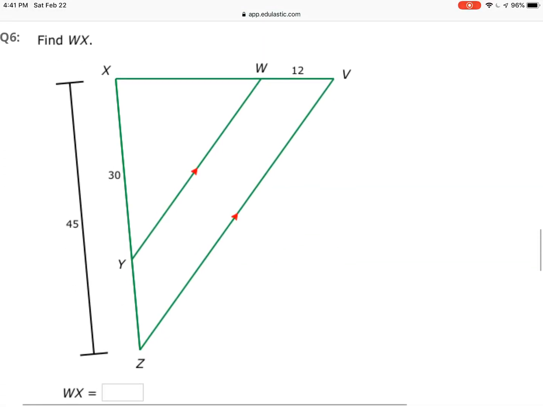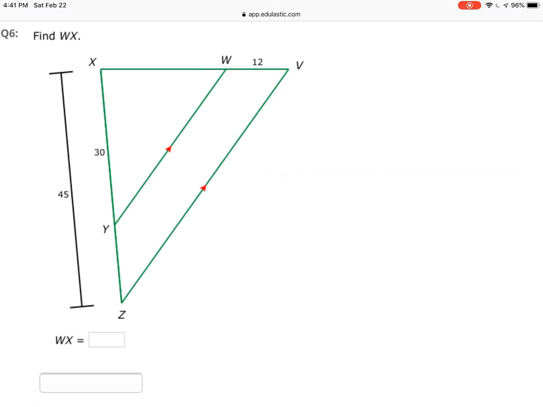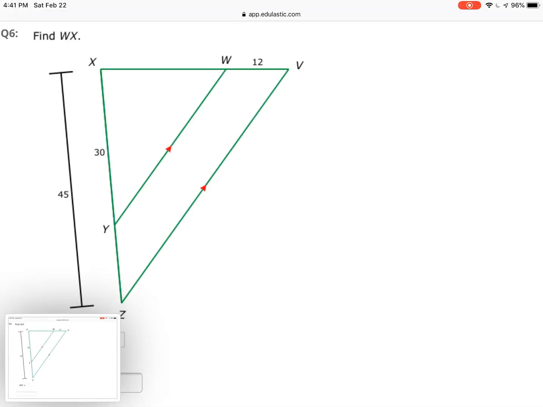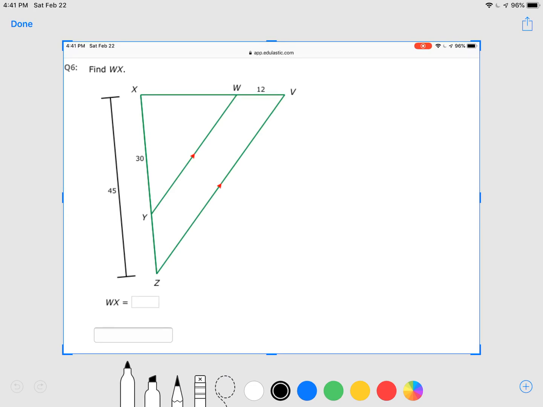All right, number 6. Okay, numbers 6 and 7 are a bit different. These review what's called the triangle proportionality theorem. Now, whenever we would write a proportion between the sides of a triangle, it had to be between the corresponding sides. So, for example, if I have